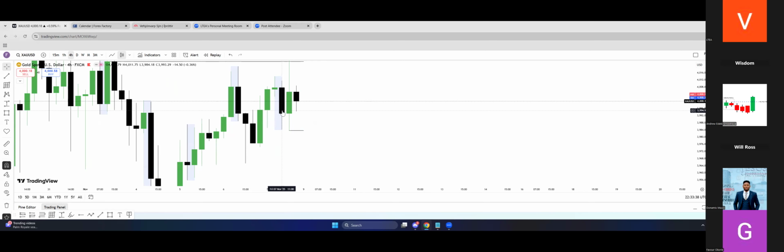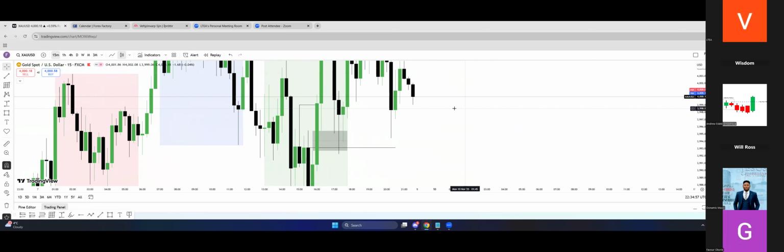So I can do it like this. What is the 15 minutes shift? You can see accumulation, price manipulates to the downside, then a shift in the 15 minutes. You have a shift here, 1. You have a shift here, 2. Where is your entry? You can use this inefficiency right here. You can use this other block right here.